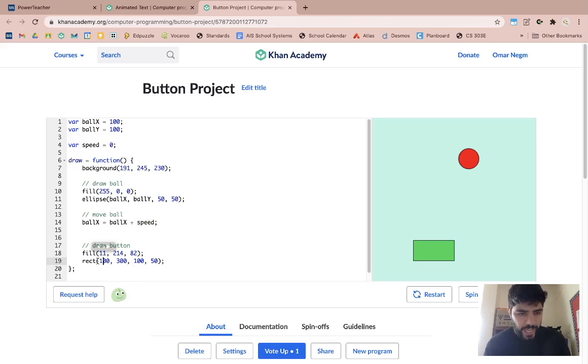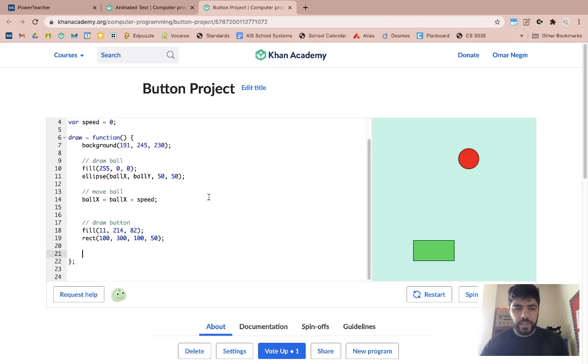Okay? And I have the dimensions for my square right here. So if I want to check whether the mouse is on the button before I click it, I'd have to do something similar to what we did for the smarter button challenge. So this is going to be check if mouse clicked button. Okay? So I would say if, and then I'll say mouse x has to be